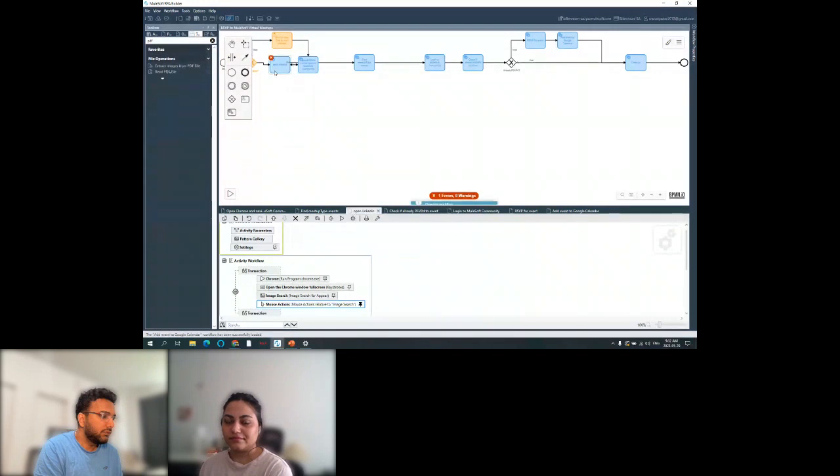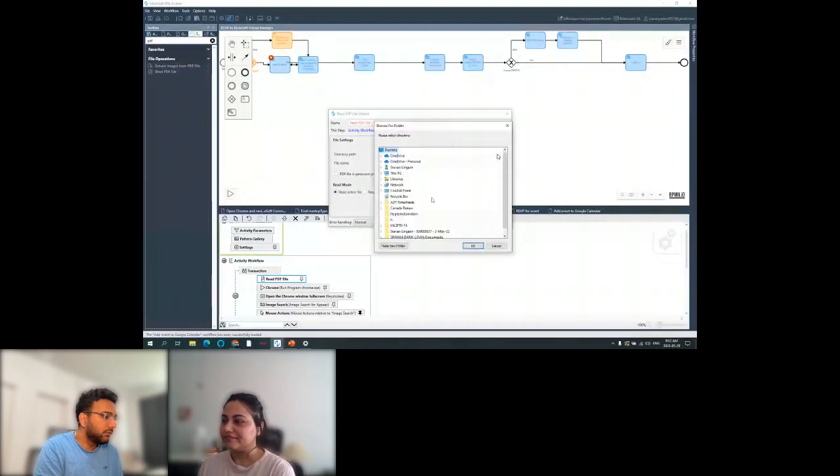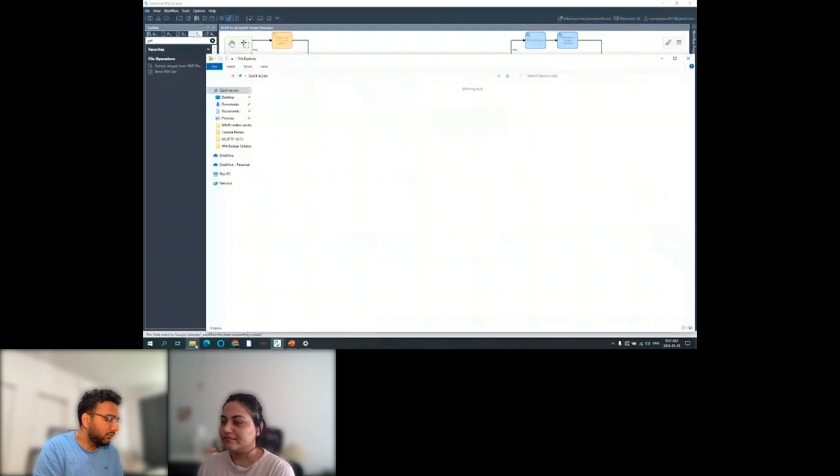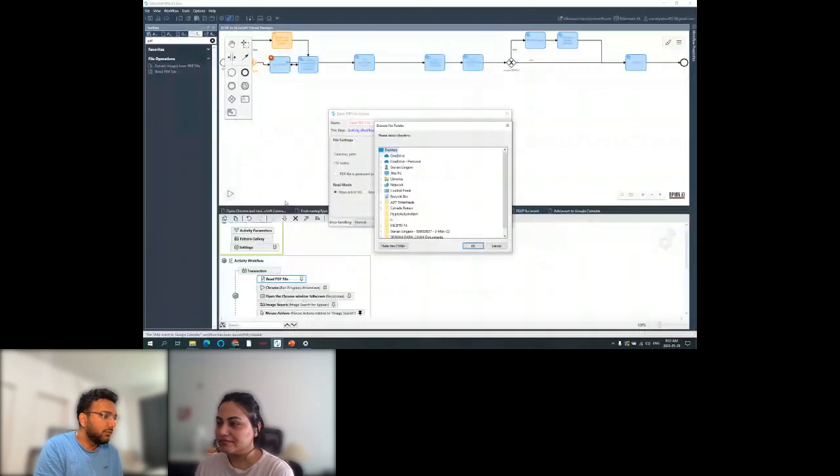Let me go here. I'll tell you how easy it is. You might be using some tools to extract the text from a PDF file. You don't need those now. So what you can do is you can open some file. Let me see what I have. For example, MCIA one, right?